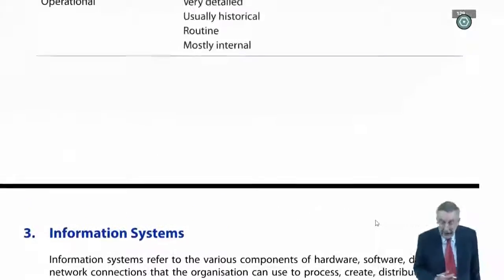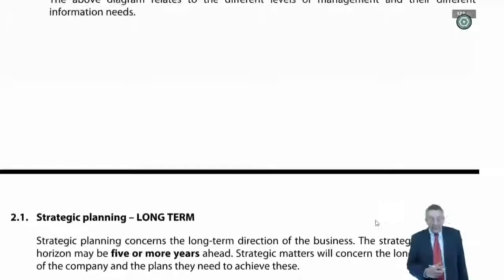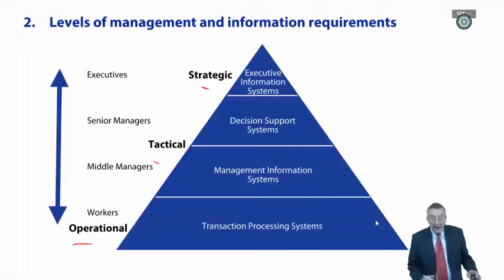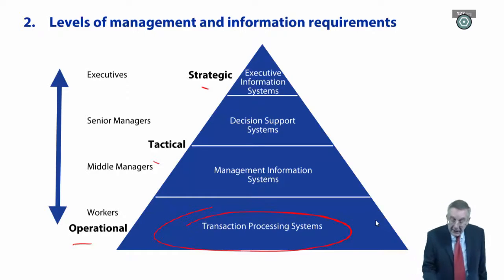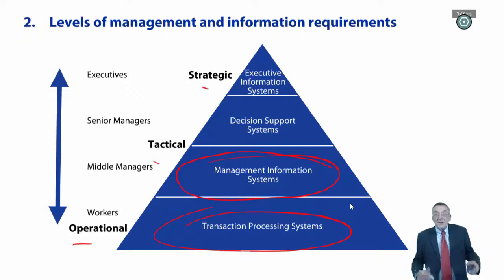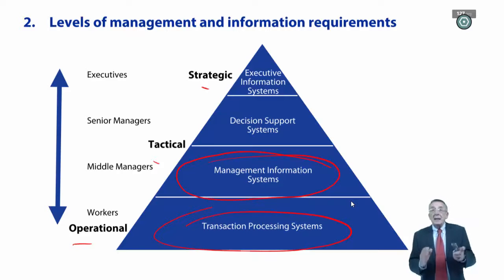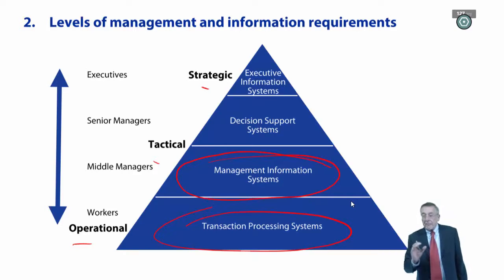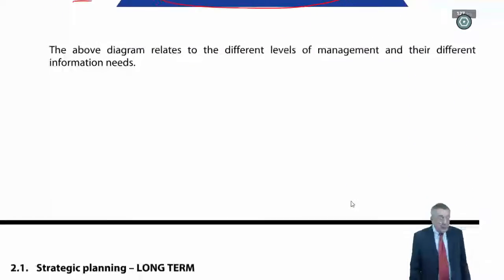And if you look back, I'll keep going up and down, but if we pause for a minute and just look back at the pyramid. Transaction processing systems are at this operational level. They're recording each individual transaction. But management information systems are more applicable at the tactical level. The middle managers, the senior managers, they're interested in these summaries much more than fine detail. All right, back again to where we were, our list of